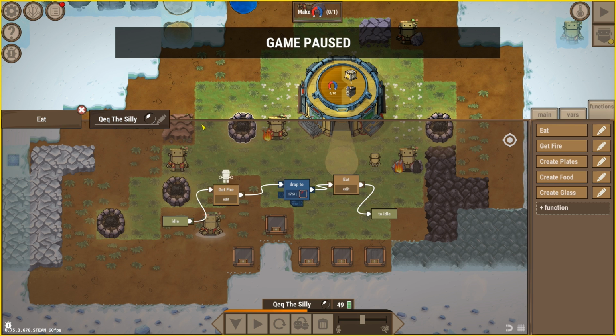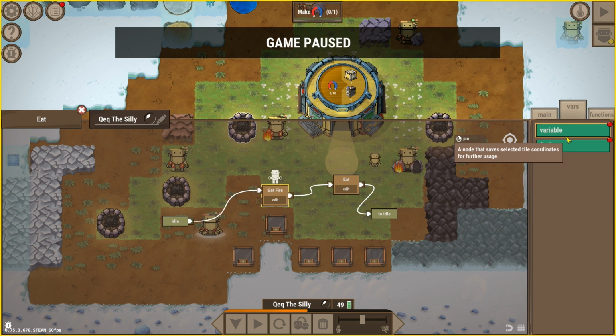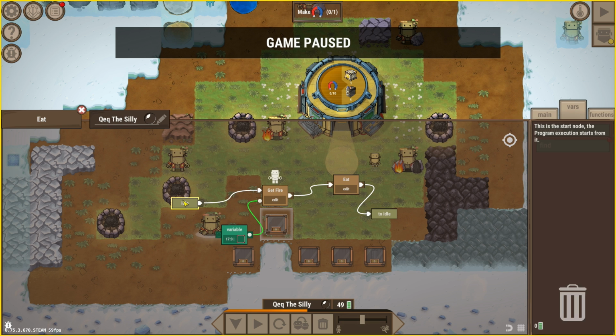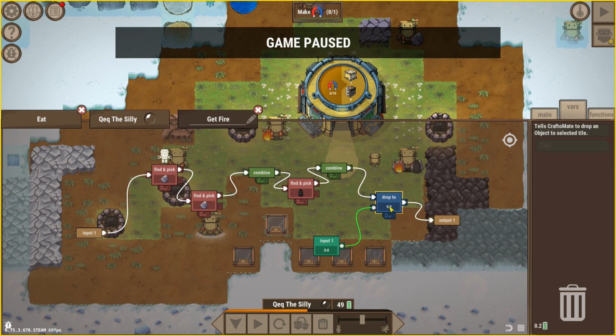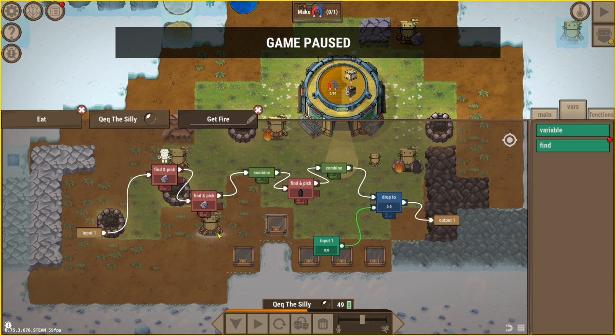And if we, for instance, have Silly who's making fire, but we don't want it to drop here now. 17, yes, that's you. Just stop you there. Go into variables here, drag this, go like so, and then here we set this. Now, when the Silly goes into getting fire, they will remember this variable. And it will go in here into this drop to. So it will become